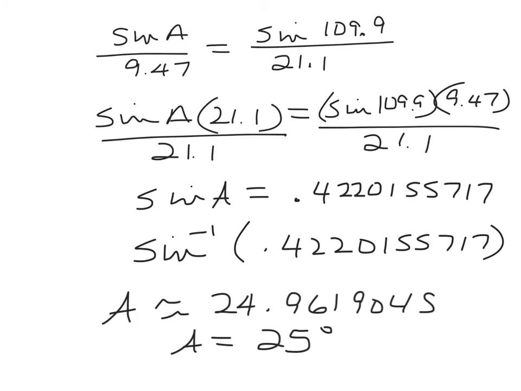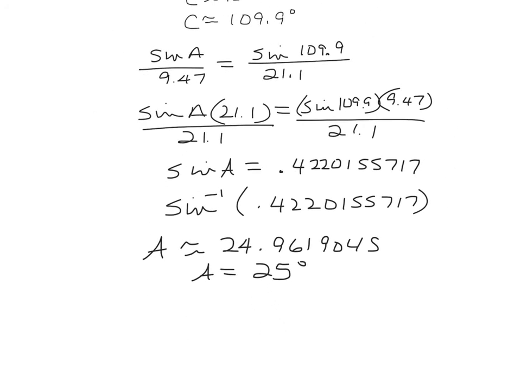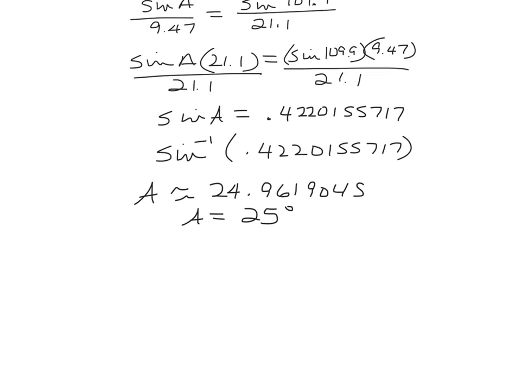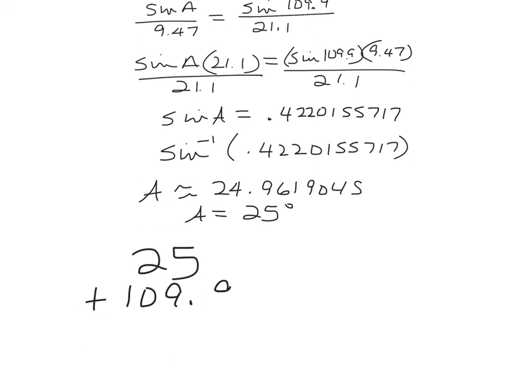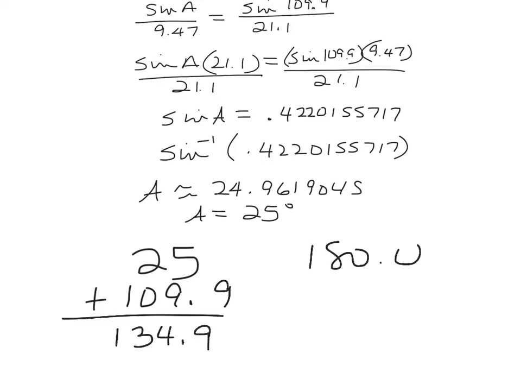Now, remember on this problem, we were given 3 sides. I've only found 2 angles. I need to find the third one. That process is easy. I can add it and then subtract from 180, or I could do another law of sines. So I'm going to add 25 plus 109.9. Once I add that, I get 134.9. Subtract that from 180, and I get